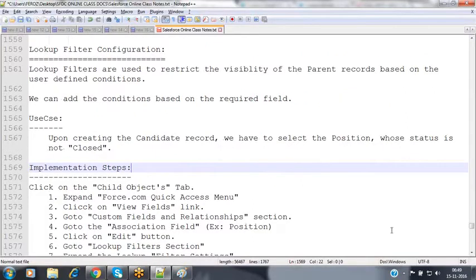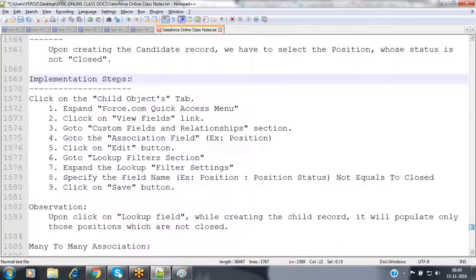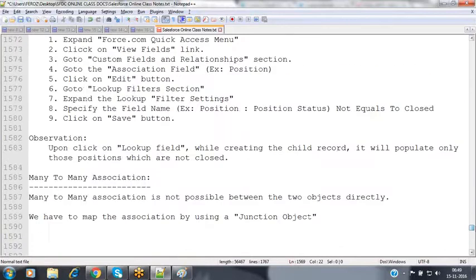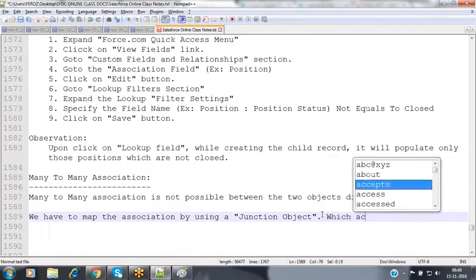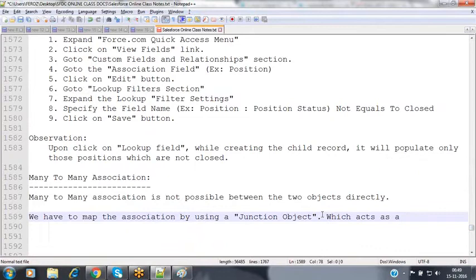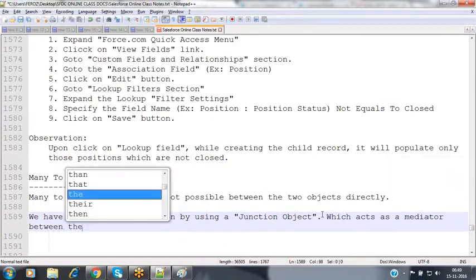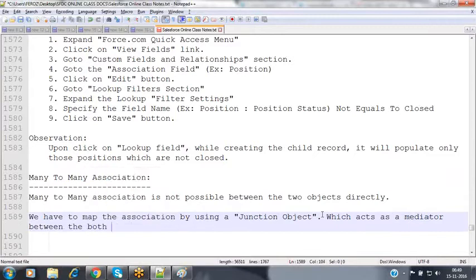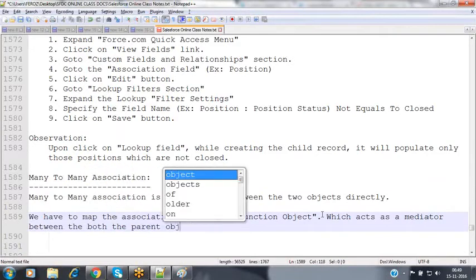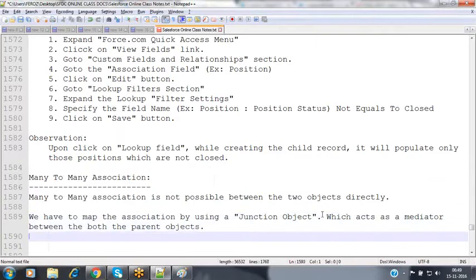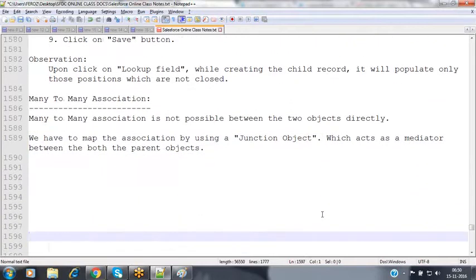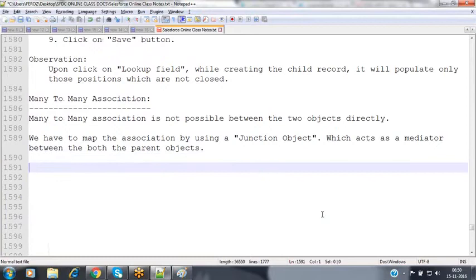So what exactly is a junction object here? A junction object is nothing but a mediator object between these two, which acts as a mediator between both the parent objects. How can we create this junction object?